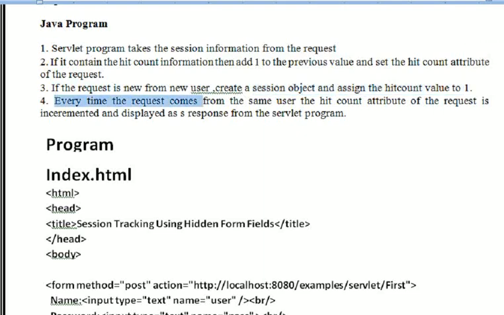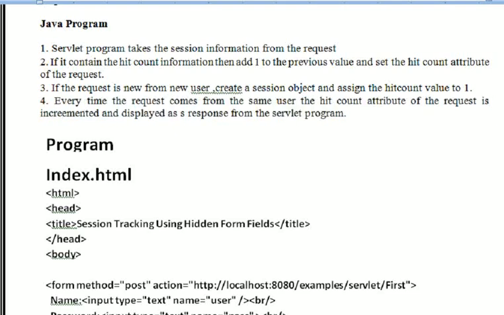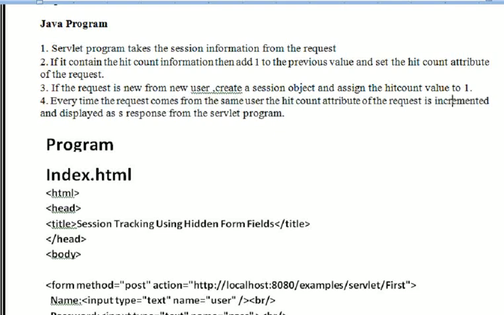So every time a request comes from the same user, the hit attribute is incremented, and it is displayed as a response from the servlet program.